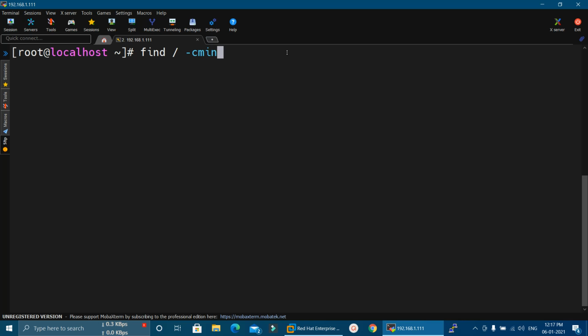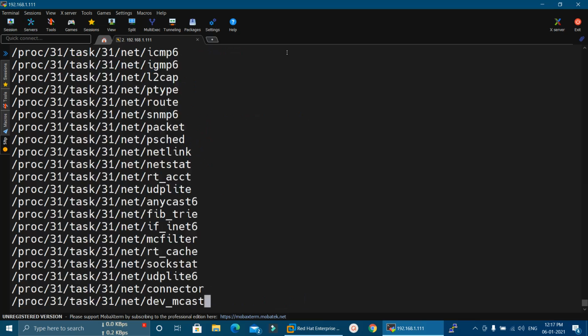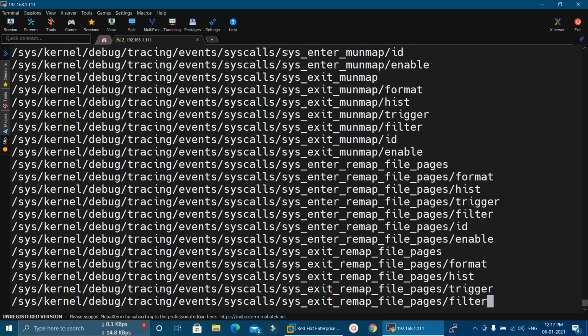The -cmin option is used to find all the files which were changed in the last few minutes. Suppose I want to see the files which were changed in the last 1 hour, or in the last 60 minutes, I will mention here -60. Press enter, so it will show all the files